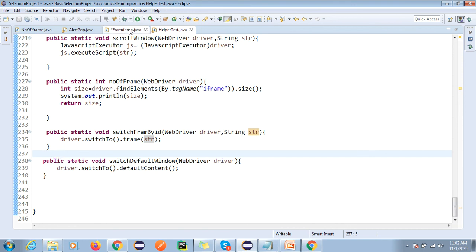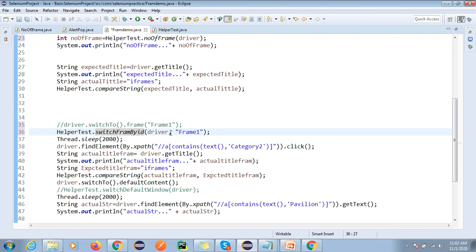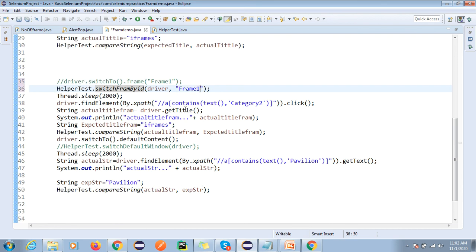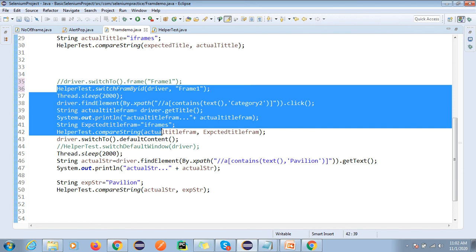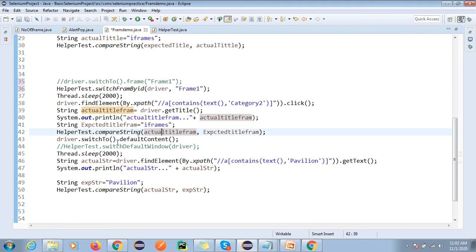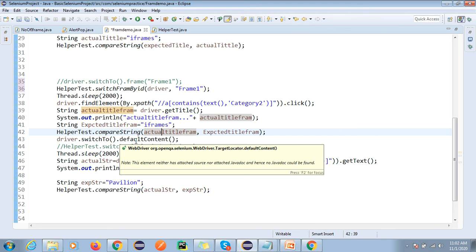Now I simply call this. You should not write much. Here you have to pass the id because I have given this; the type is string. So now this is done. Here also I simply use the method to switch to default.